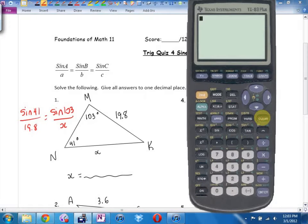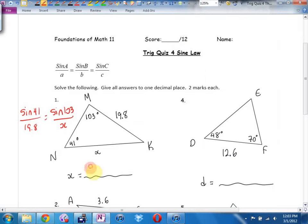Thank you. I see how I stalled. Waited for you. I think you're going to get this. 19.8 sine of 103 divided by sine of 41. Right? You get 29.4? 29.4, 29.41 if you went to, well, I said 1 decimal place. 2 marks each. 1 mark for having that, 1 mark for the answer. If you got the answer right, you can get 2 out of 2. But otherwise, the way I mark these on the test is I give you 1 mark for being able to set the equation